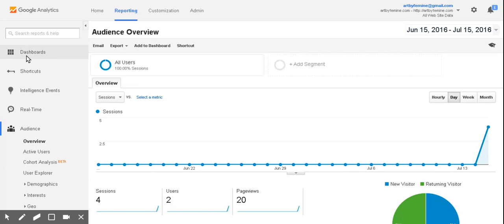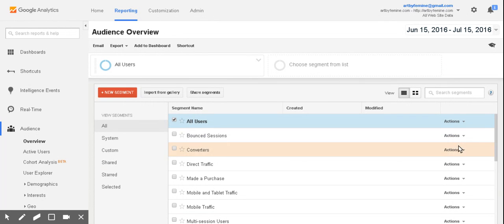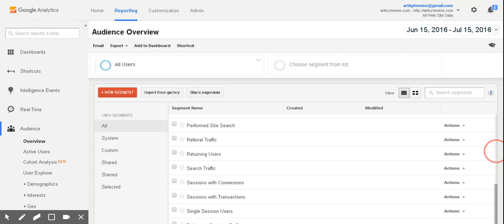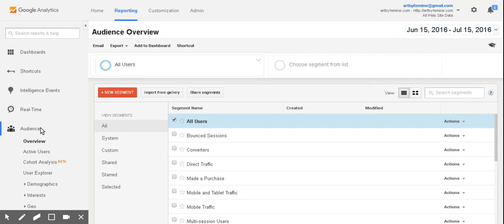You have here dashboards. You can make a custom dashboard. Everything that you're looking at here is part of a dashboard. So it's just all kinds of information that you can find here. But what we want to go ahead and do is going down here, you have real